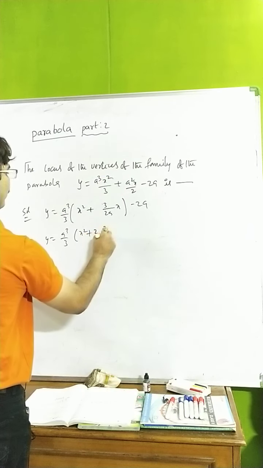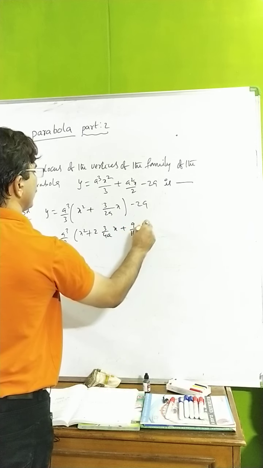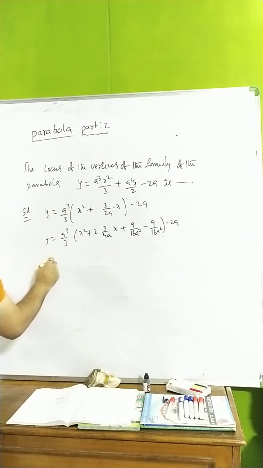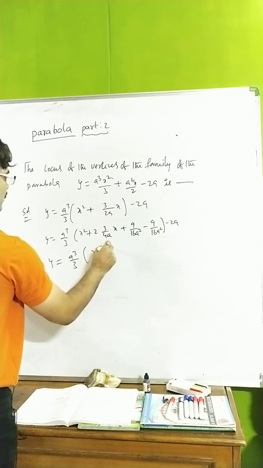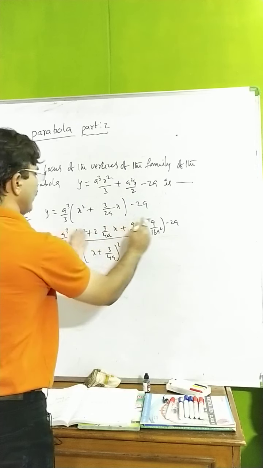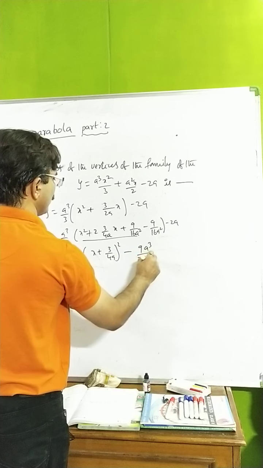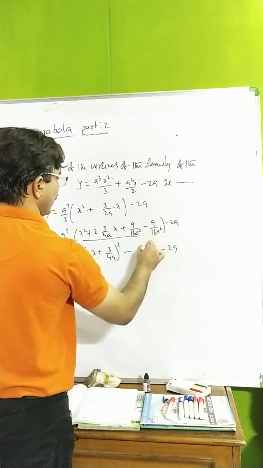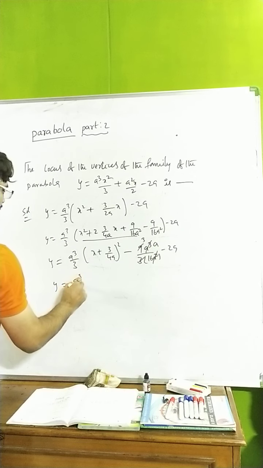So 2 into 3 by 4a, I had to write x, then afterwards 9 by 16 a square, adding and subtracting, nothing to worry, we'll get it like this. y is equal to a cube by 3 into x plus 3 by 4a whole square, by taking this 3. Now you multiply this one. What happened here? 9a cube by 3 into 16a square minus 2a. You see here a square is there, you can cut it off. This is a 3, here also 3, so 1. A cube by 3, slowly I am doing here.